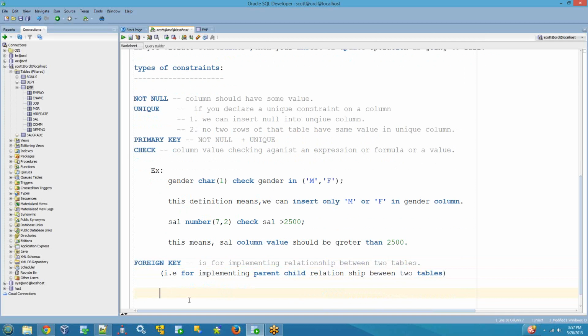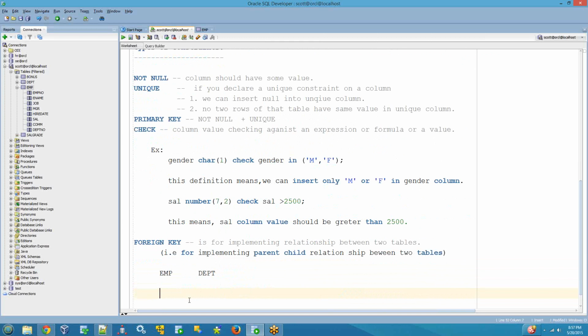Okay, let's see. I have an employee table here and I have a department table. Now, can we have an employee without working in any department? Can we have an employee without working in any department in a company? No. See here, we cannot have an employee